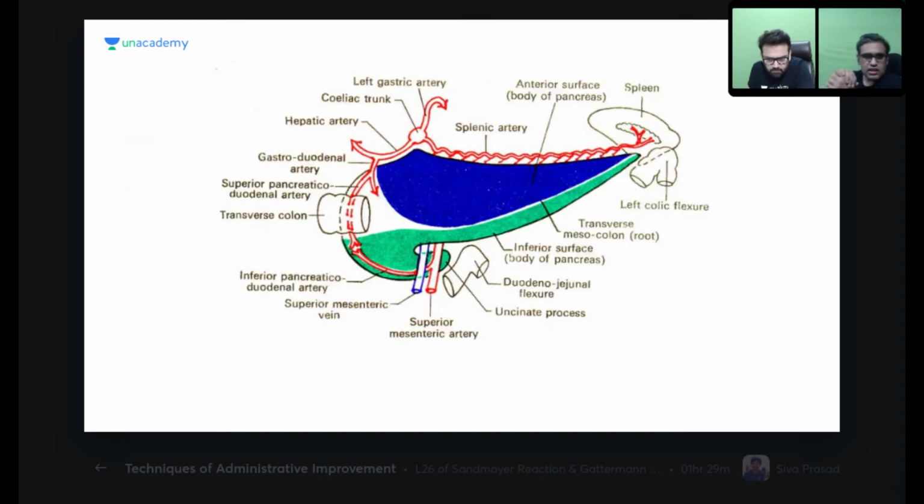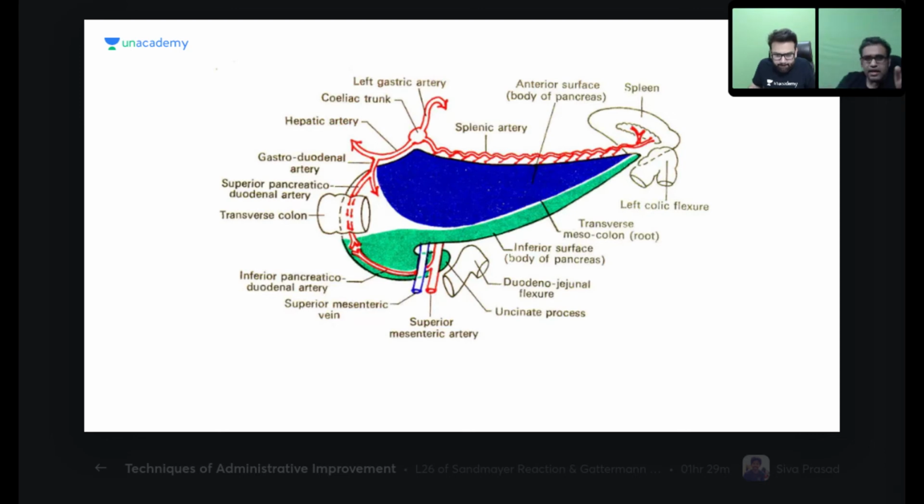Yes, here in this next slide, thank you, boss. We are seeing the same sort of stuff, but mainly the vessels are shown over here. So you can see the celiac trunk, above is the splenic artery, a tortuous artery running over the superior border of pancreas. Very, very important. It is very close to the superior border. In all the cadavers which we have dissected in so many years, every time it is right at this place only. Okay, splenic artery tortuous right at the superior border.